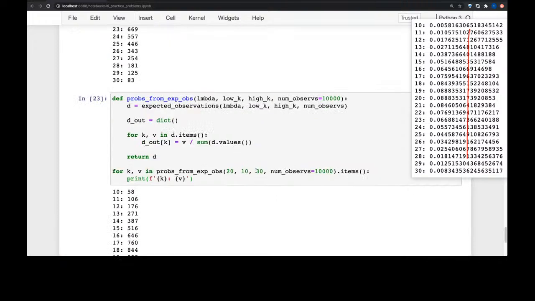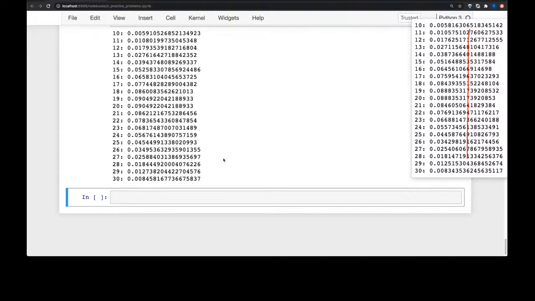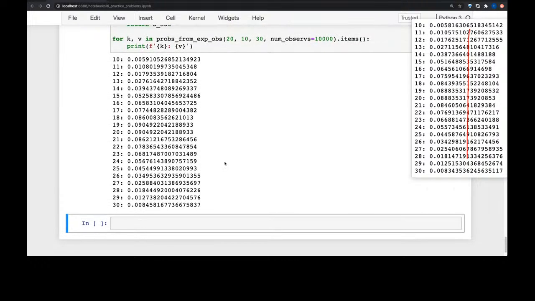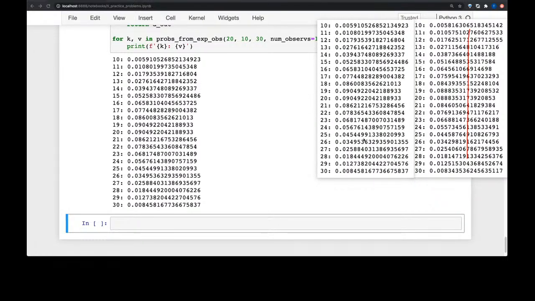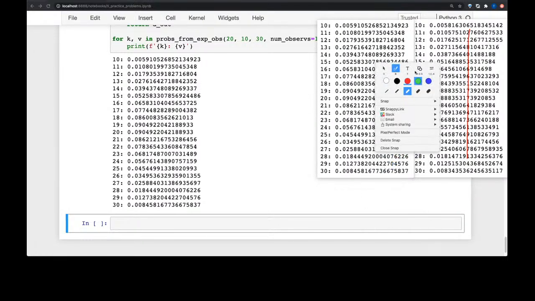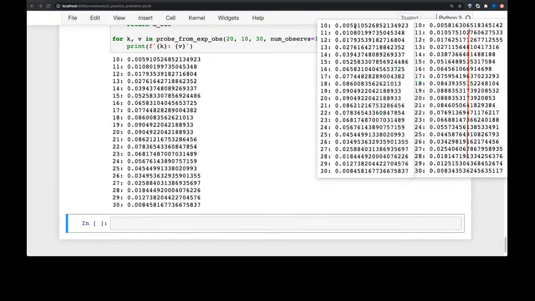Oh, whoops. I am not returning d sub out. I'm returning d. Okay. So notice these are different. These values are different. And you know, if we need to explain why these are different, what,